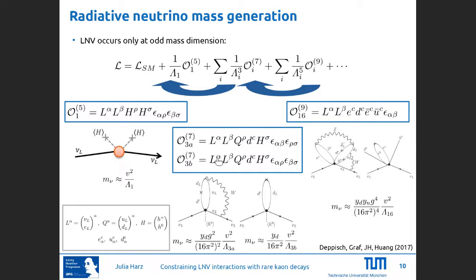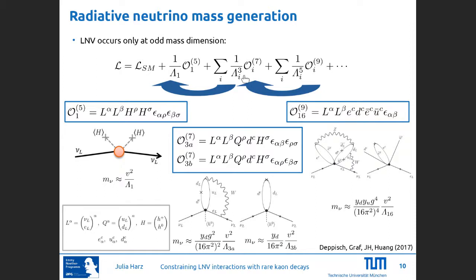So you see here now with L alpha, L beta contracted with the quark doublet and the Higgs doublet, I can directly get here the neutrinos, and this is why this contribution is less loop suppressed than the other one. And then I can do the same games with all different operators, or here, for example, for the 9-dimensional one,